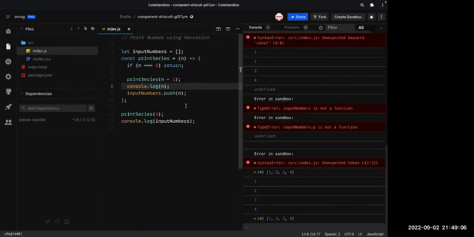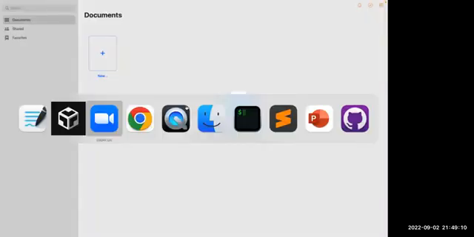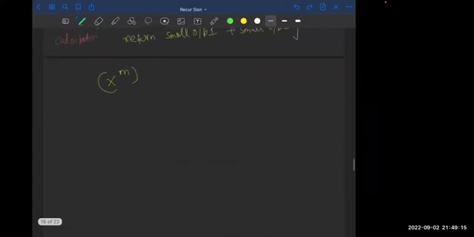Okay, so just give me a second. I am going to share this. Cool. This is the number, right? So how we have designed our earlier thing, like if we are writing 5 to the power 4, we said it will be 5 to the power 4 minus 1, right? Like this, we have decreased the power. So the call stack will be,